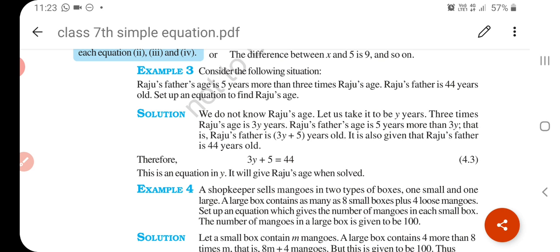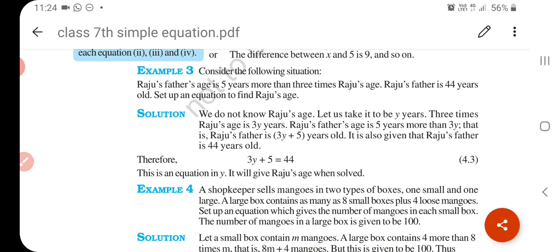Understand? Okay, now solution of the equation. And one more thing, solution is also called root of the equation and value of the equation. Okay, now solving of the equation. Now if you want to solve an equation, so the first method is trial and error method. Okay, to solve an equation is to find a value of the variable which satisfies the equation. We have already learned to solve an equation using trial and error method. Okay, that is called trial and error method.